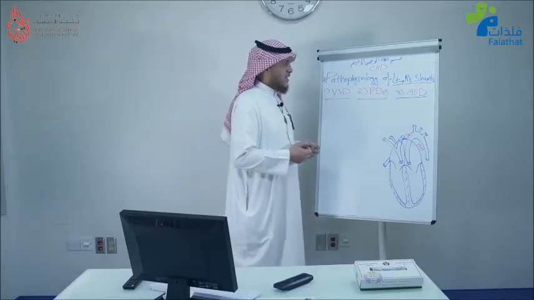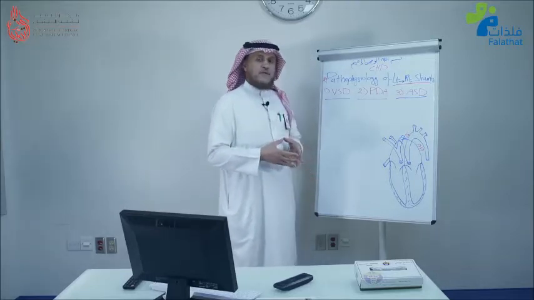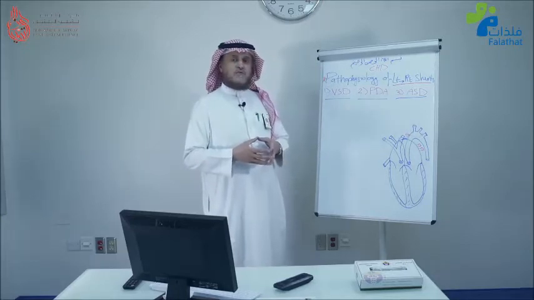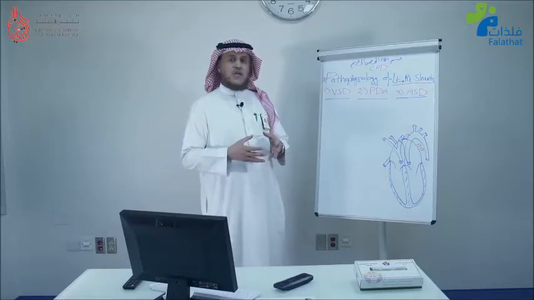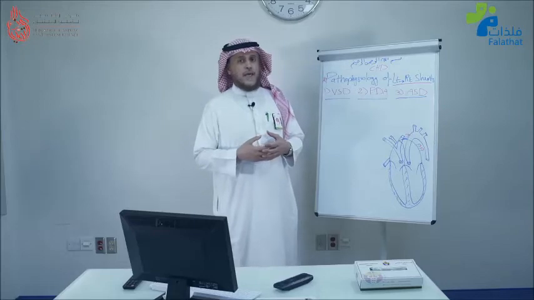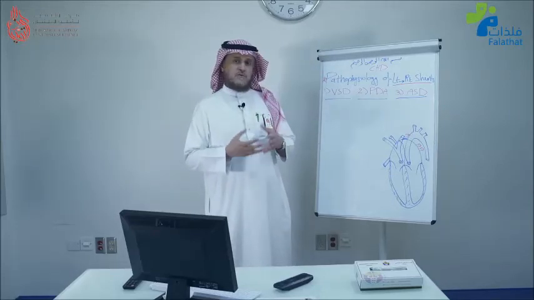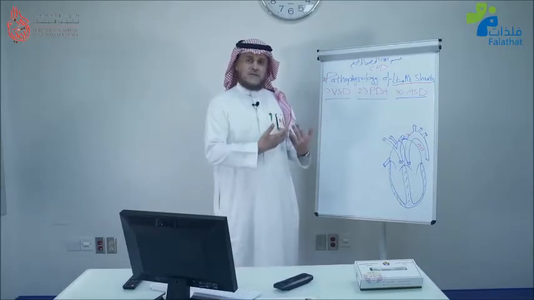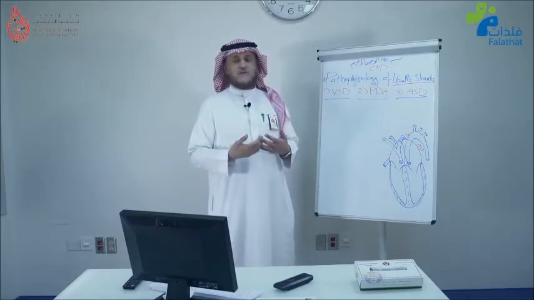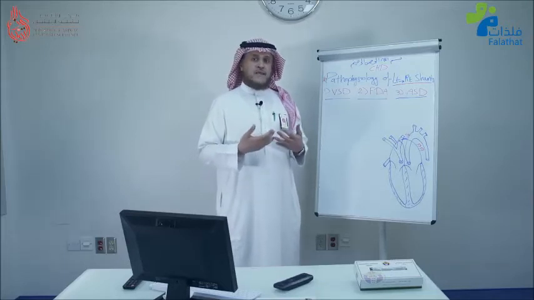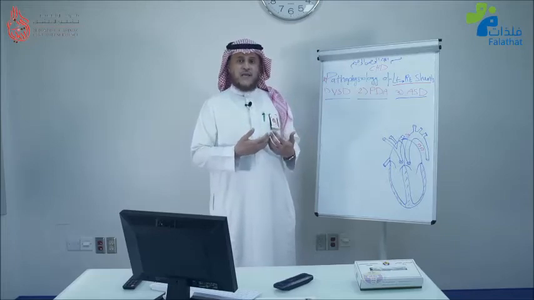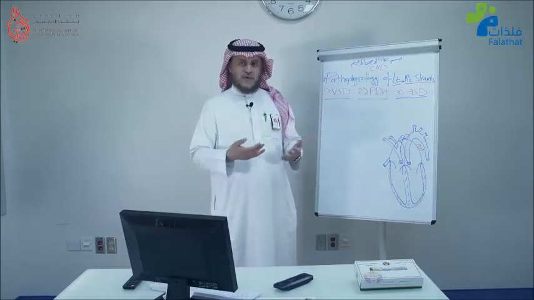So what is a left to right shunt? A left to right shunt is, from the cardiac point of view, blood coming from a systemic circulation to the venous or pulmonary circulation. That's what we call a left to right shunt. So the left means the systemic, the left heart, and the right heart is represented by the venous return, the right atrium, the right ventricle, and the left heart is represented by the left ventricle, the left atrium, and the aorta with all its branches